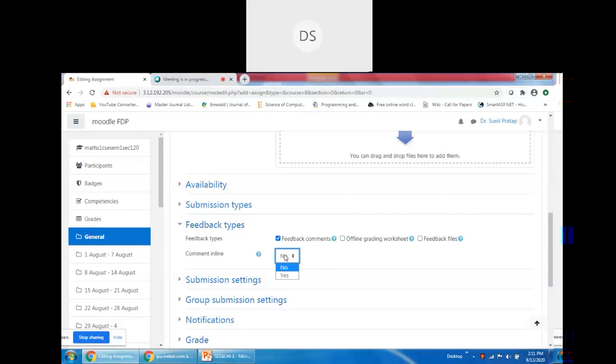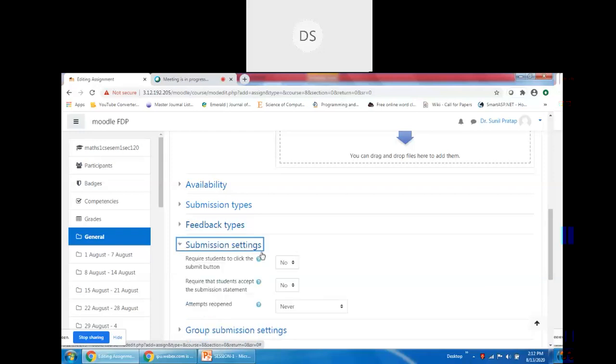This will allow you to copy the text typed by the student. In the copied text, you may highlight that this sentence is not okay. You may highlight with red, green, and different colors. So this is the comment inline function for that purpose. By default, we are not going for that. We are just trying to conduct how we configure the assignment and how we grade the assignment. Okay, so this was the setting for feedback type.